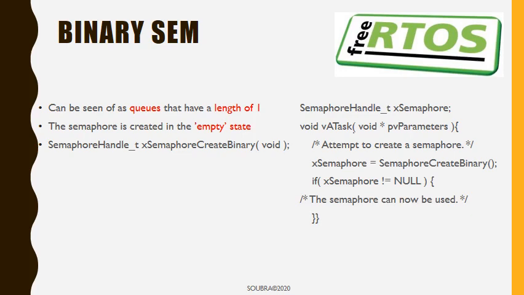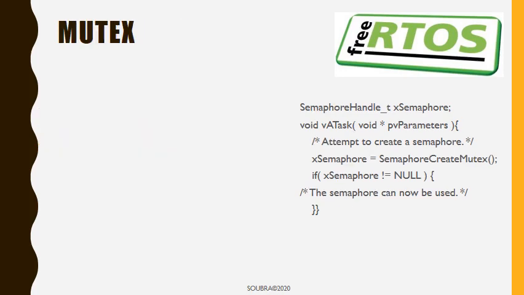Alright, so those are two types of semaphores, the binary and the counting one. And the third type is the mutex. As you can see, it feels the same thing. We need to declare a handle here, and then we're using a semaphore create, but this time it's a mutex. No parameters, fair enough, and the same protocol, so it doesn't differ a lot. However,